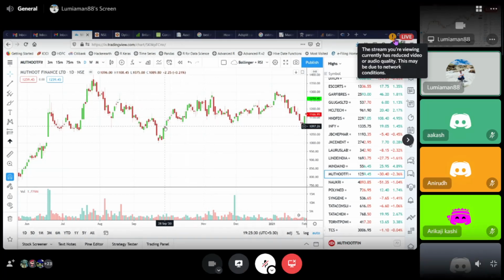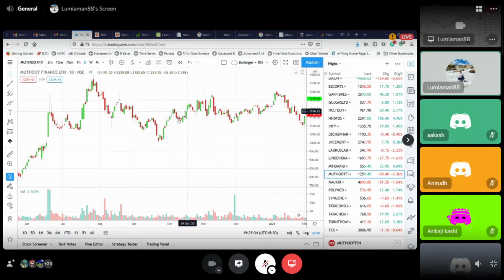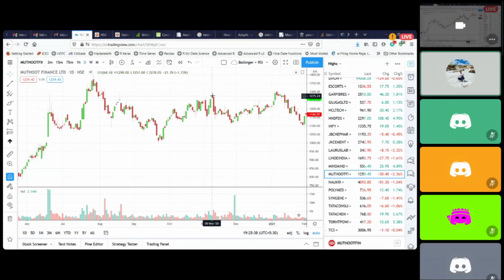So this trade would have lasted over 5 to 6 weeks, and it would have been a 20 to 22% trade. And if one wants, one can definitely book, let's say, 75% of the position here and hold the remaining 25% to see if it retests the high again. So the 25% could have been held till 1400 to just check if it is hitting there. At the first immediate resistance, book the majority of your position.